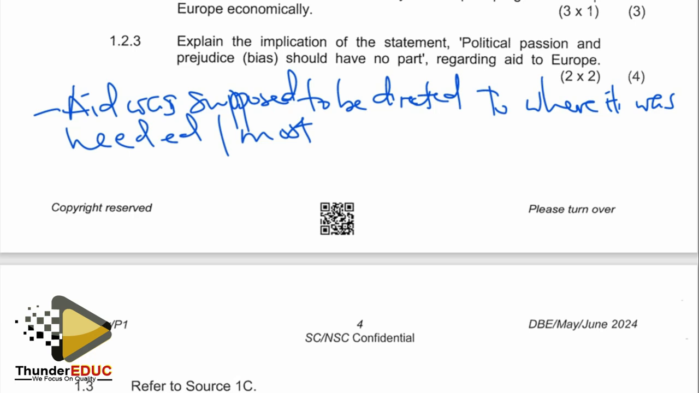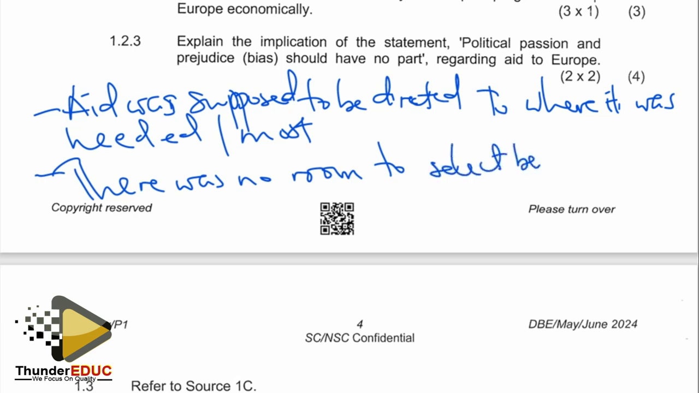They implemented the Marshall Plan as a way of resustaining the economies of Europe, which had been affected by the Second World War. So it means that they were supposed to direct the help to whoever wanted the help. And also, if we were to look at it from the other perspective, we would say there was no room to select beneficiaries